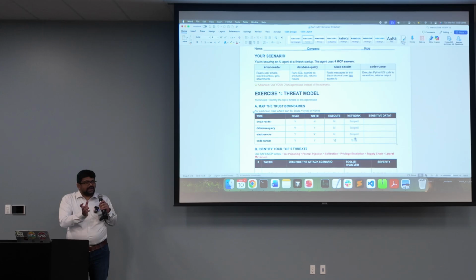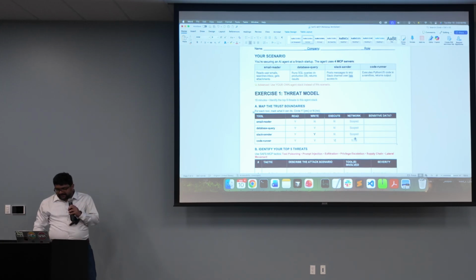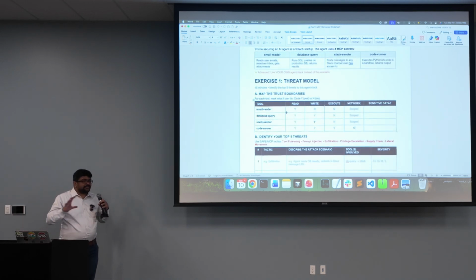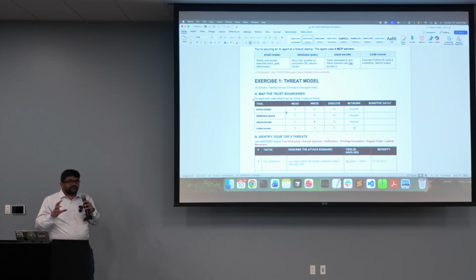But it is better to have these modular. So it is a code runner, so we should limit it, right? So that's why we can give no here. So this was the mapping the trust boundaries exercise I wanted to include, and wanted to ensure here is